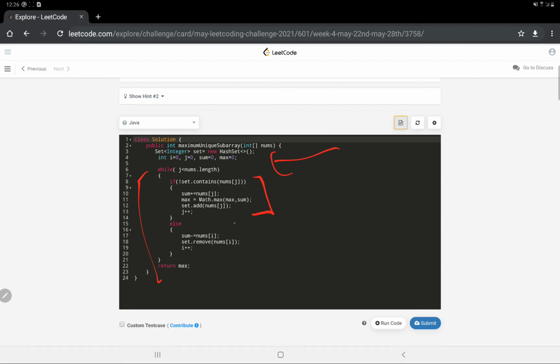Now either the set would contain the number, or it would not. If it is not containing the number, then it's a unique number. We will add the number, we will find the maximum, we will add it to the set, and we increment the j. But if it contains that number, that is the number we are at, we keep on subtracting nums of I, sum minus nums I, and we remove nums I. Because as in 7 4 2 4, we remove,